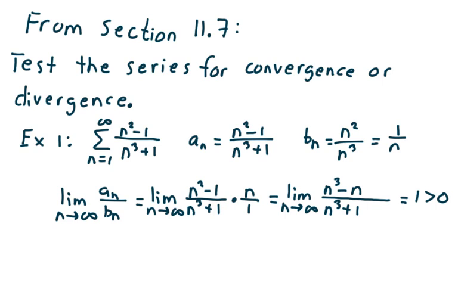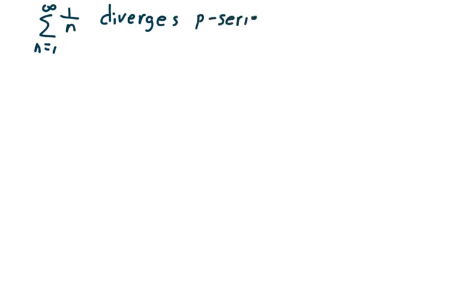Now, what does that say? The summation from n equals 1 to infinity of 1 over n diverges. This is a p-series. And here I could say something like p equals 1, which is less than or equal to 1. Okay? Now, by the limit comparison test,